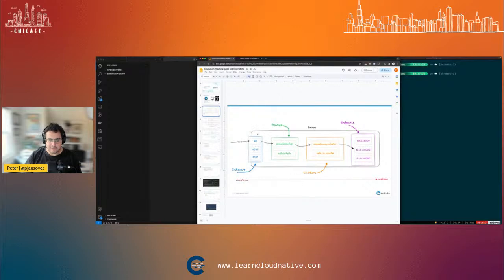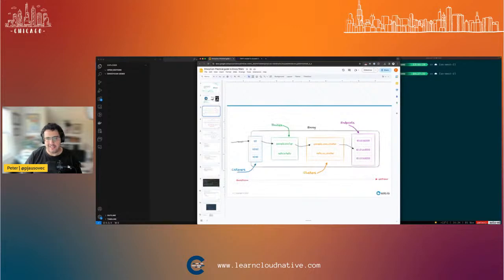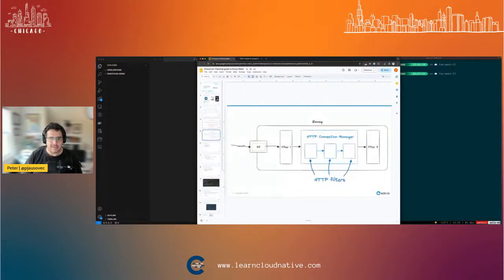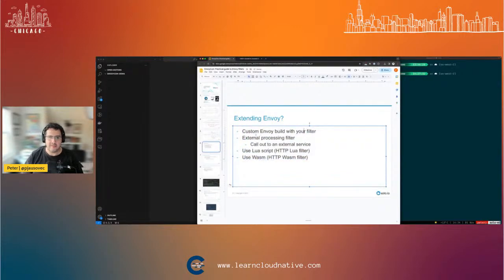I'm going to talk about just the basic building blocks of Envoy, and these might change. Today is Wednesday, right? So there are 4 or 5 days left, and of course there's plenty of time for me to go and change the diagrams and the slides. But the idea is to present the building blocks, talk about the connection manager, and talk about different ways to extend Envoy, right? So you can have custom Envoy builds